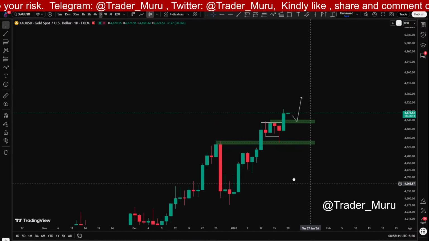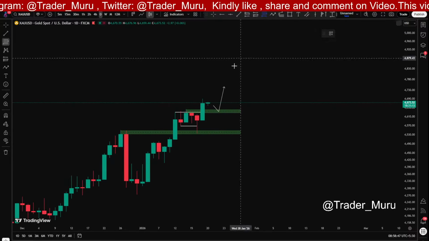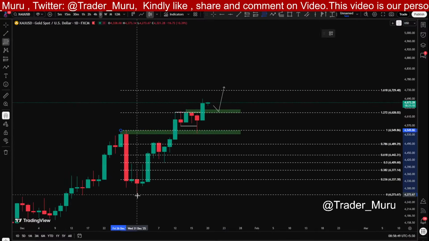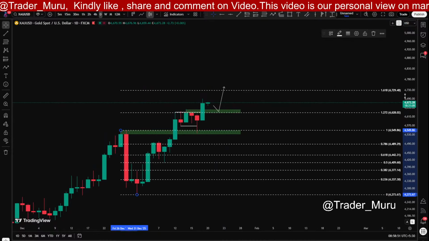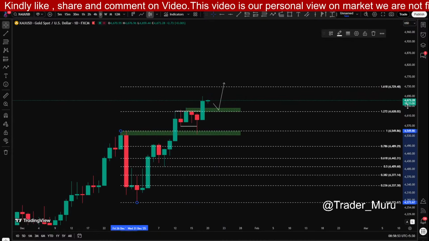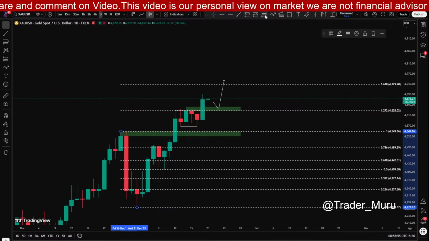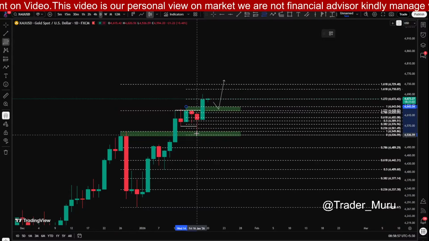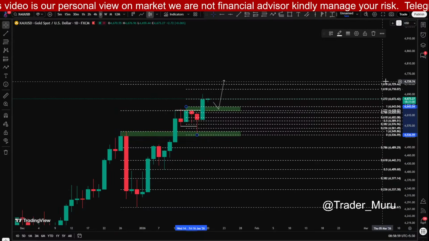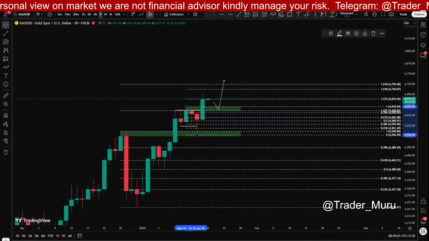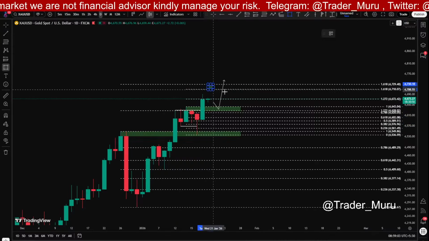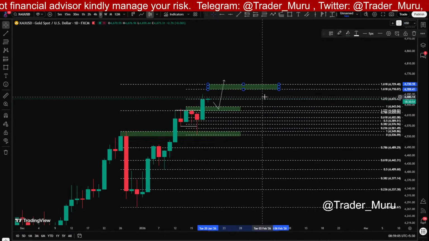As we know, we were expecting price to test this area and pump towards this high around 4730, and then the price of this zone is around 4710. So this zone is the full target zone for this rally,